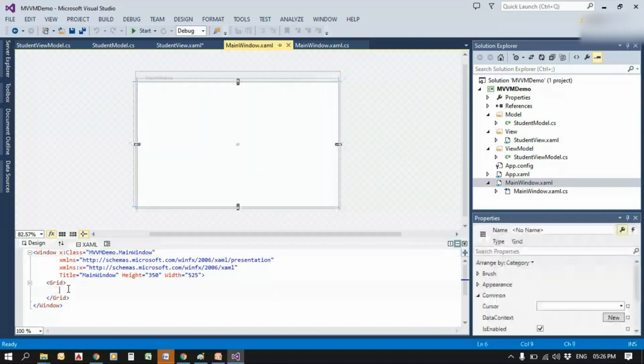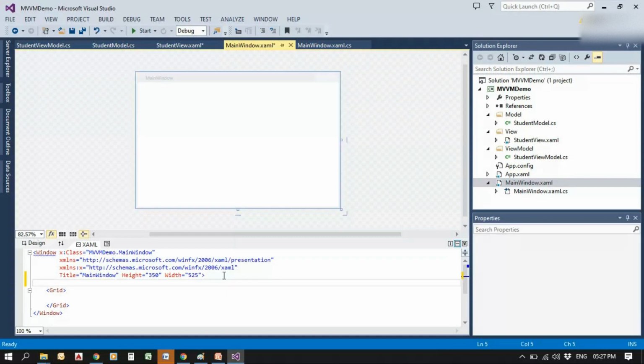Inside this we have given all the toolbox items that we needed, and inside the MainWindow.xaml file we need to add the view that we have created.